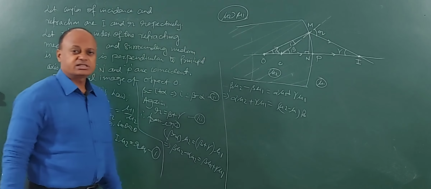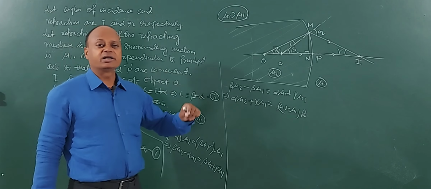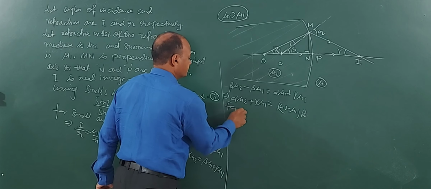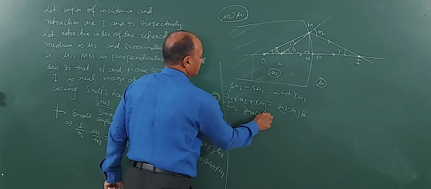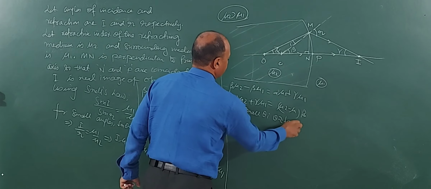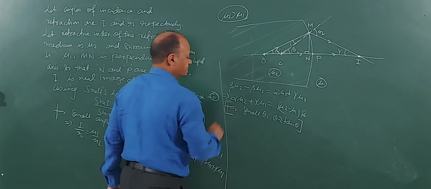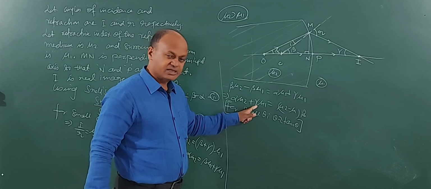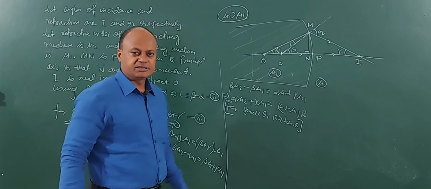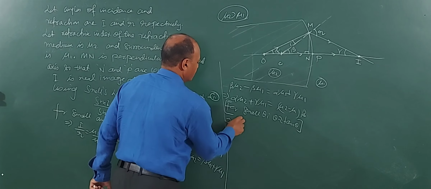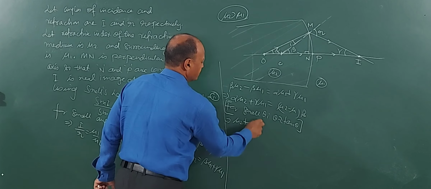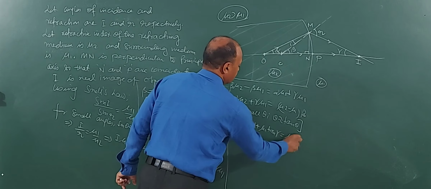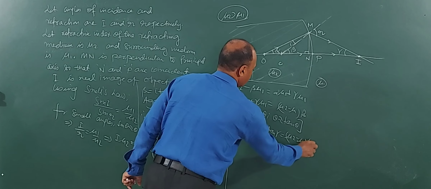And children, we will be doing the same approximation that we did before, that for small angle tan theta is equal to theta. So again here I will be writing, for small theta, theta will be nearly equal to tan theta. Clear? That means alpha can be replaced with tan alpha, gamma can be replaced with tan gamma, and beta can be replaced with tan beta. So if we replace, what do we get? mu2 tan alpha plus mu1 tan gamma is equal to mu2 minus mu1 tan beta.